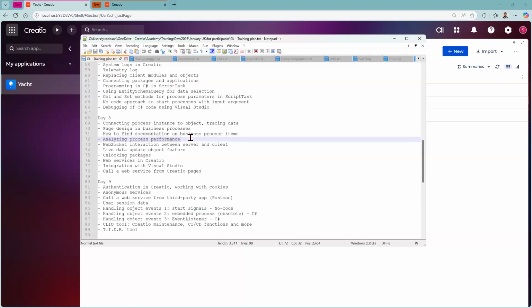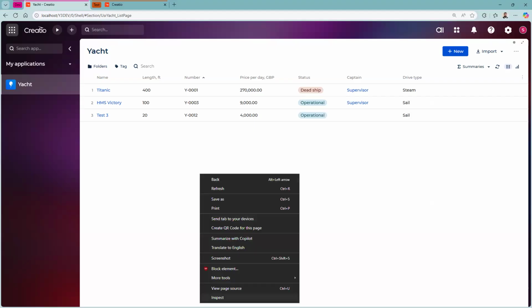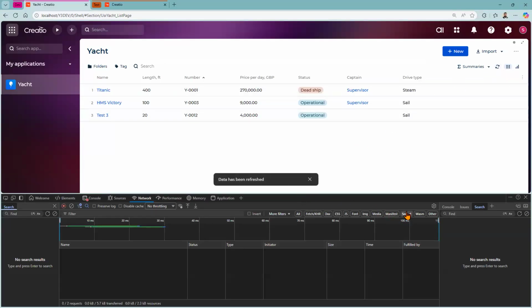So this is about analyzing process performance and documentation, and now WebSocket interaction between server and client. Up until now, most of our interactions, unlike the pop-up page, were from client to server. If I open inspect mode and go to network, and I try to refresh my list, I will see